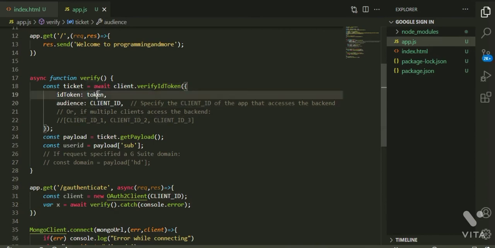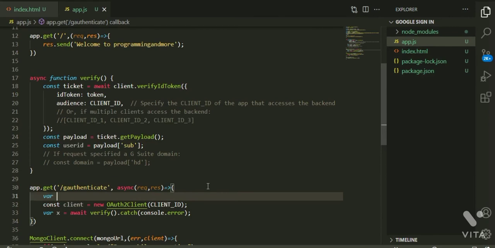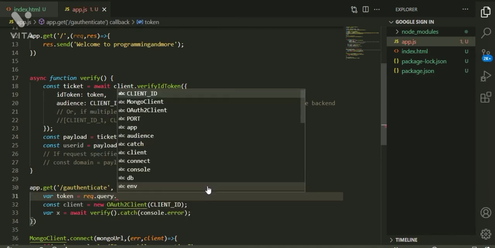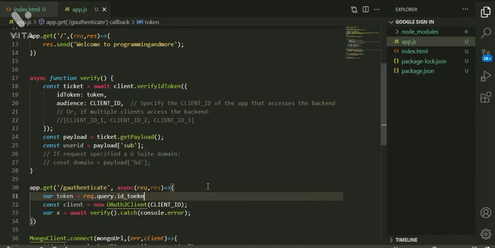So the token we will receive as a query param. Let us get it here, where token equals request.query, and the key is ID token.